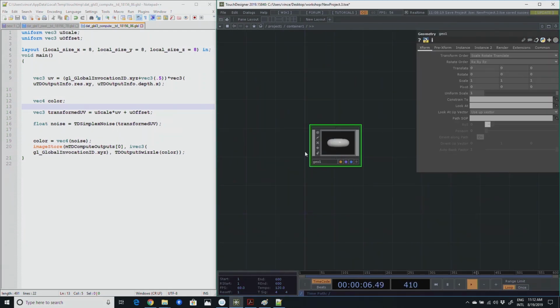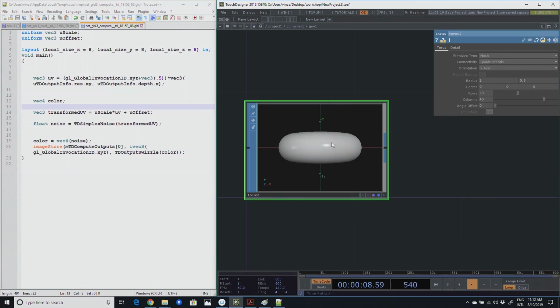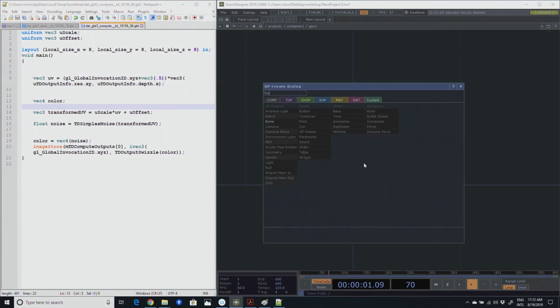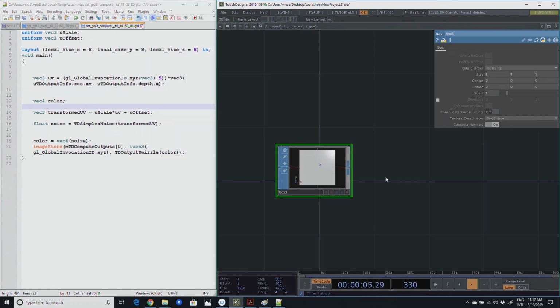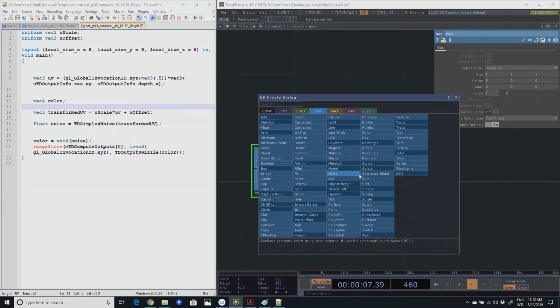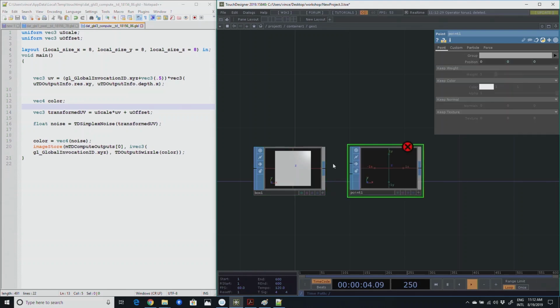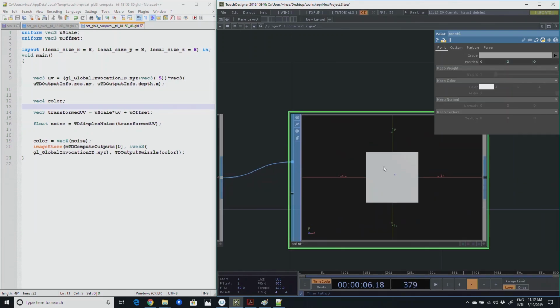So I'm going to set up geocomp. It's just going to be a box. And just for simplicity, I'm going to add colors. So the colors are going to be,